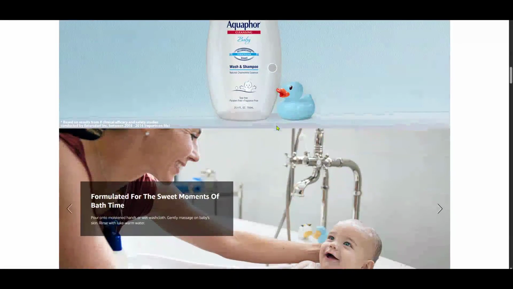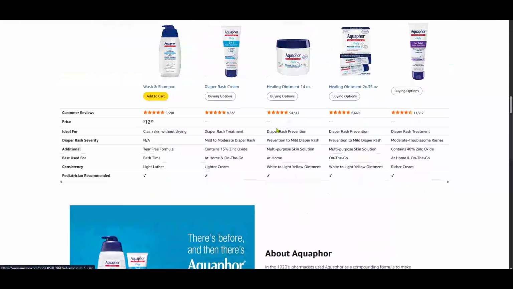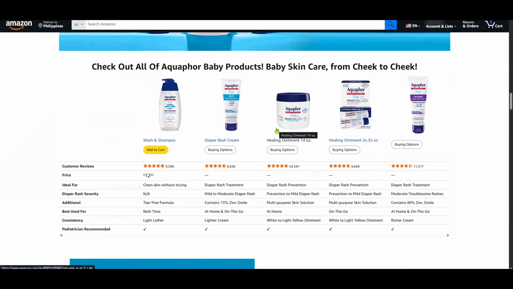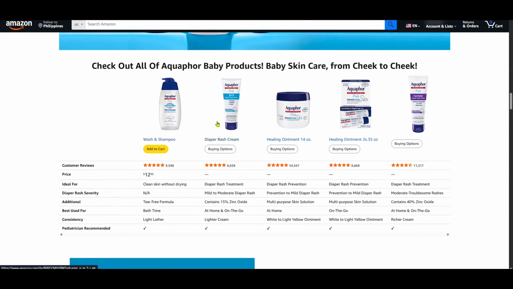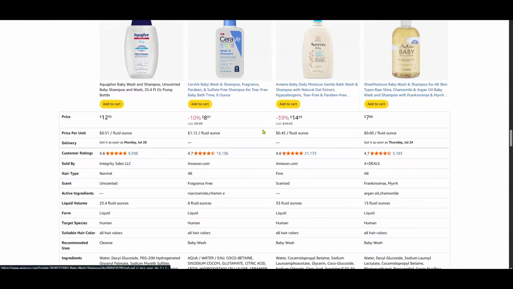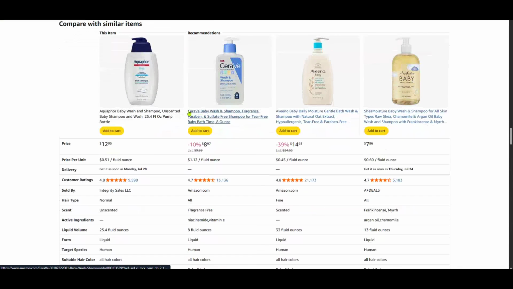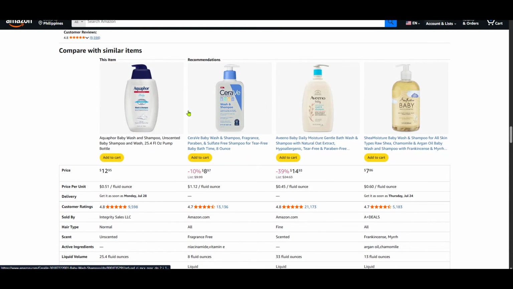Once you're on the product's detail page, look out for a link titled Compare with Similar Items. This link is a gateway to discovering how your selected product stacks up against others in its category. By clicking on it, you'll be directed to a comparison chart. Here you'll see information like price, customer ratings, shipping details, and more, all laid out side by side for each product. This feature is invaluable as it allows you to weigh essential features and make a choice that best suits